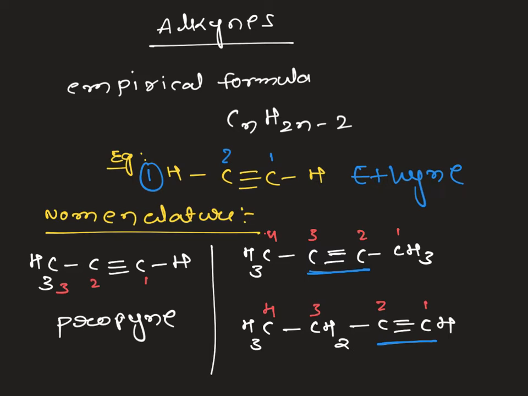So how do we write the nomenclature? But, and we have to write the triple bond position with a numerical number. It is at the second position and "-yne". This is the suffix we have to use. But-2-yne. And the second case, where the triple bond is present at the first carbon, but-1-yne.